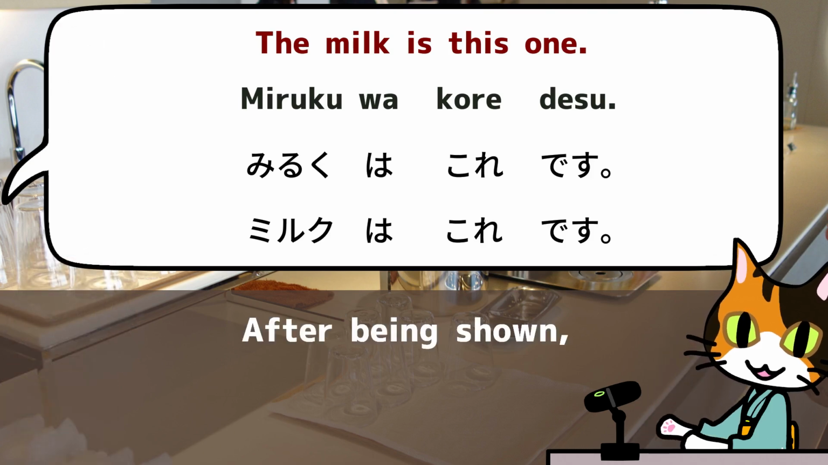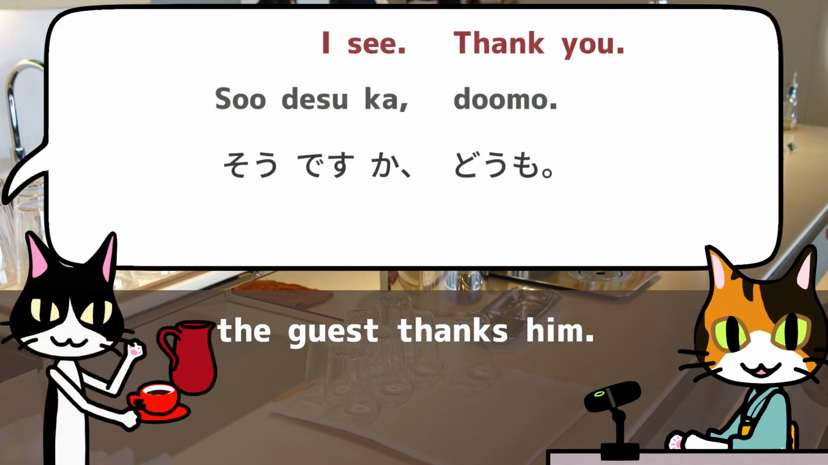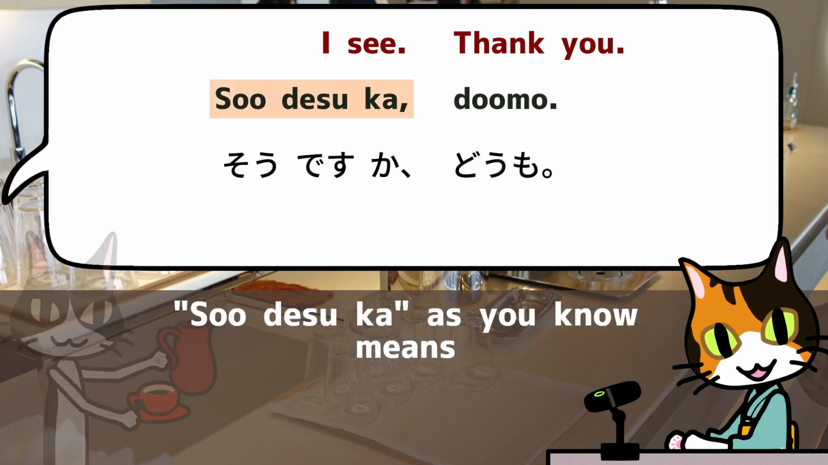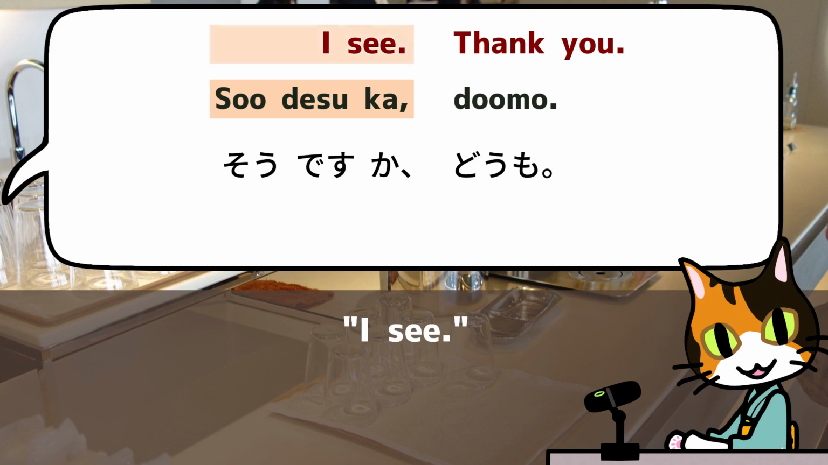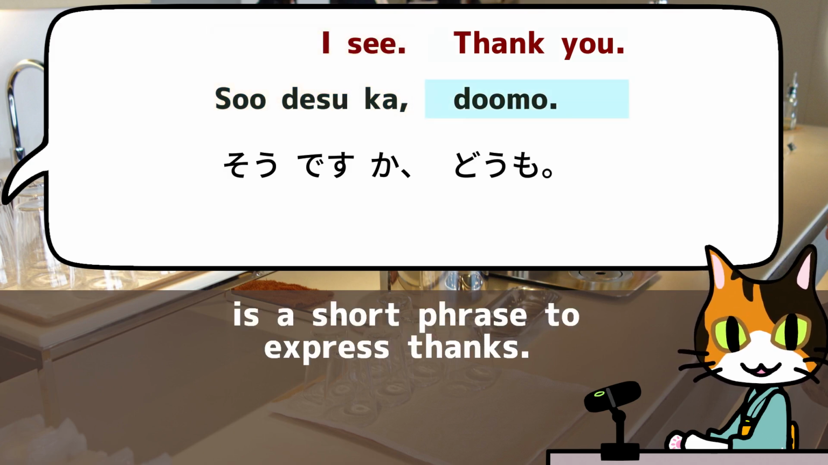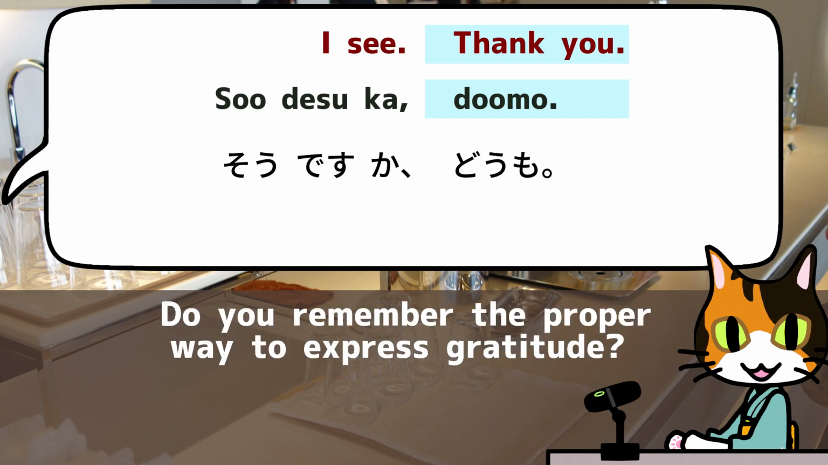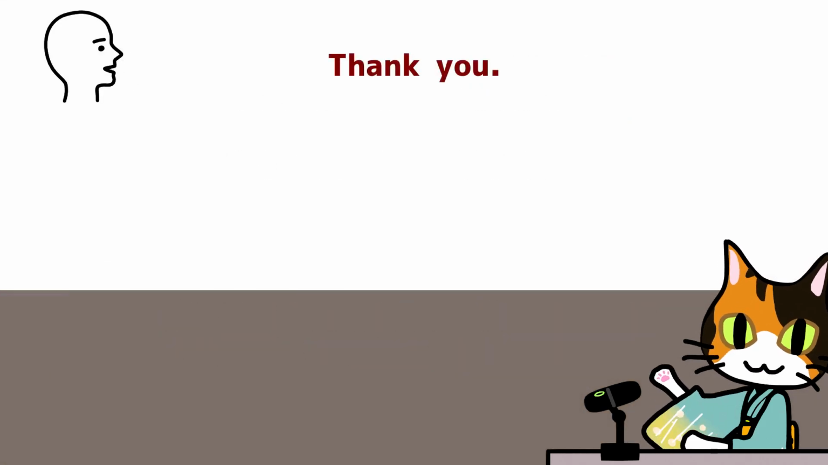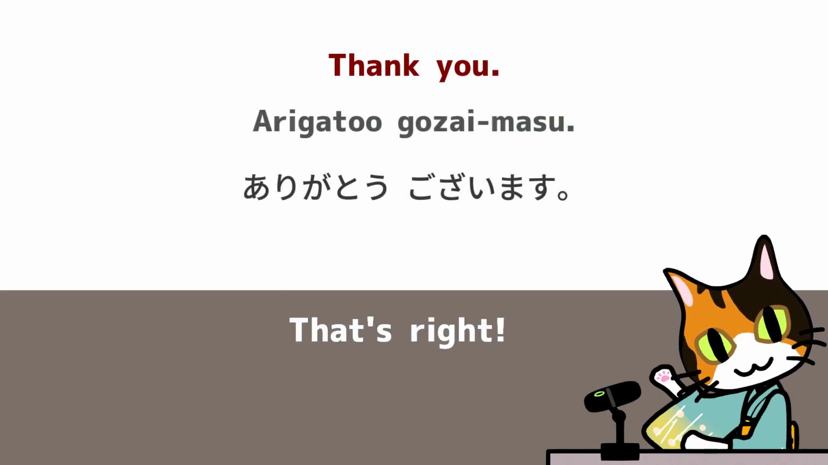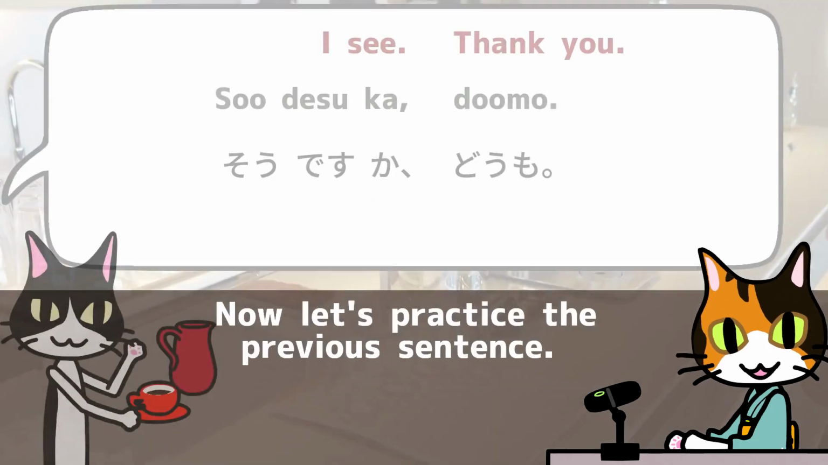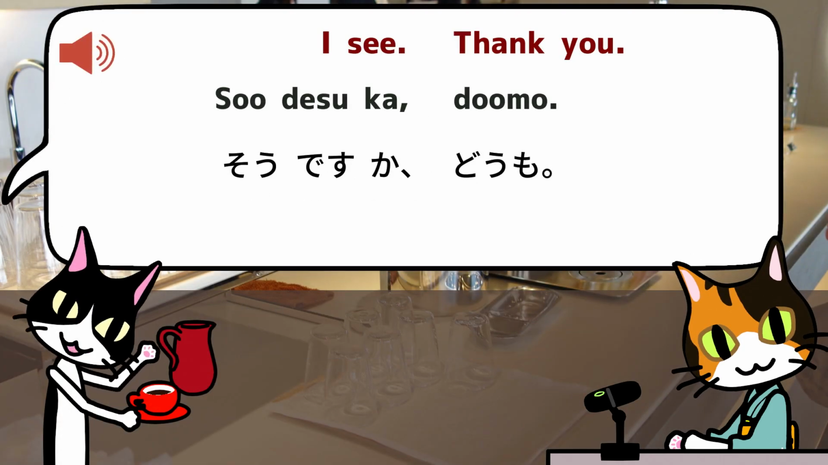Perfect. After being shown, the guest thanks him. そうですか、どうも。 So desu ka, as you know means, I see. And, domo, is a short phrase to express thanks. Do you remember the proper way to express gratitude? That's right. ありがとうございます。 Now let's practice the previous sentence. そうですか、どうも。